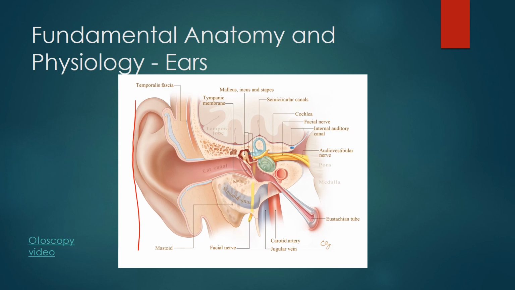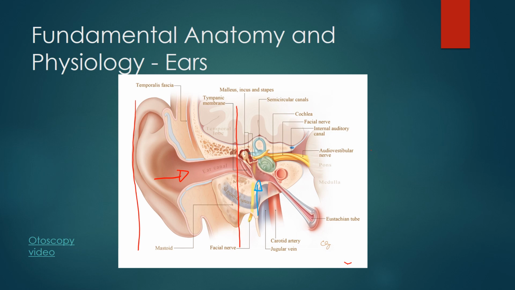We've got our external auditory canal, where sound travels down toward the tympanic membrane. So we end our external ear here. Now this is where our middle ear starts. So if I draw this blue arrow here toward the middle ear,